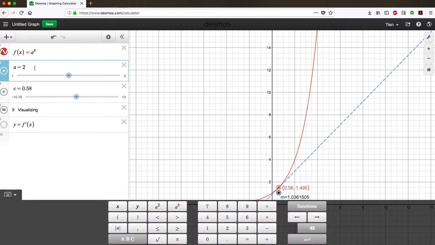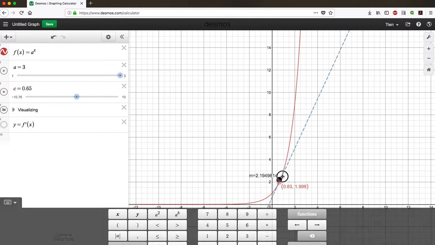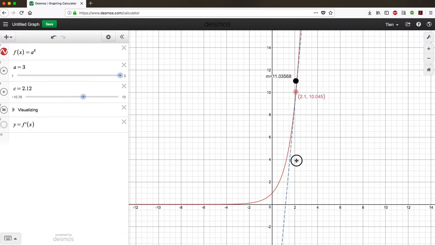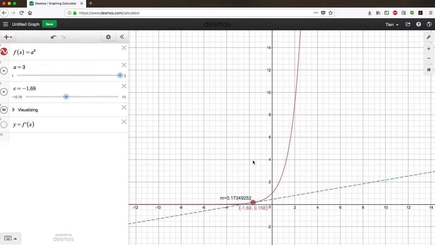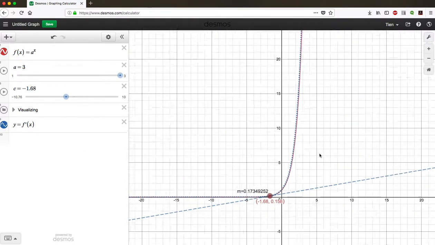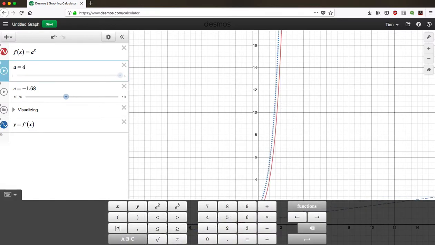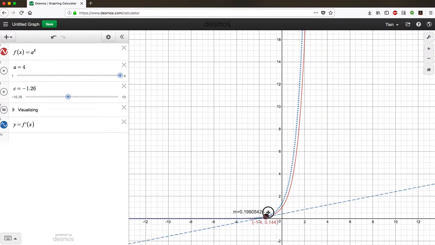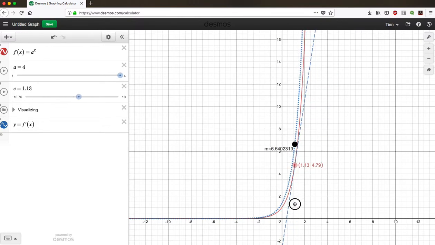If I change from 2 to 3 or something like that, right, we get some similar type of behaviors where it's going up on the right, it's coming down on the left, up on the right in the same way. And so the derivative of an exponential function is an exponential function. And so we go ahead and sketch out, set this to be 4 even maybe, what it is, we get that value. Now as far as which exponential function, there's a more detailed discussion of this in the text or in the handouts that I made, but